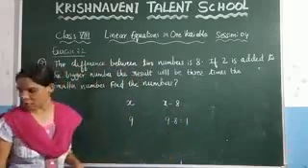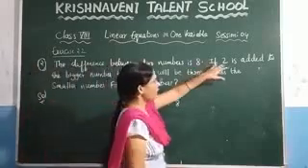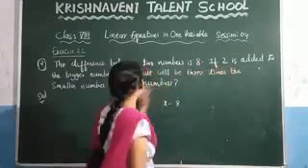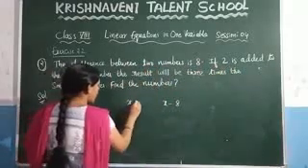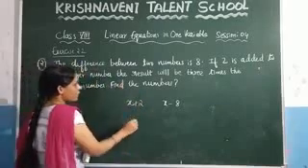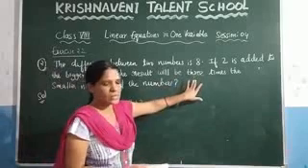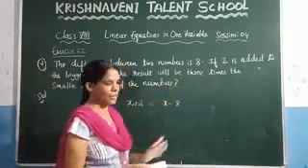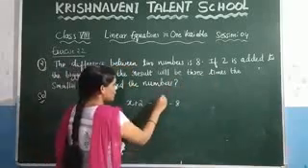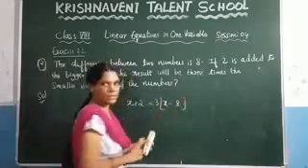So in the question, what is given here? You need to add 2 to the bigger number. If 2 is added to the bigger number, just add 2 to the bigger number. And what they are saying is the result must be equal to 3 times. Times is nothing but you need to multiply. So they are saying 3 times the smaller number. This is the condition they have given.